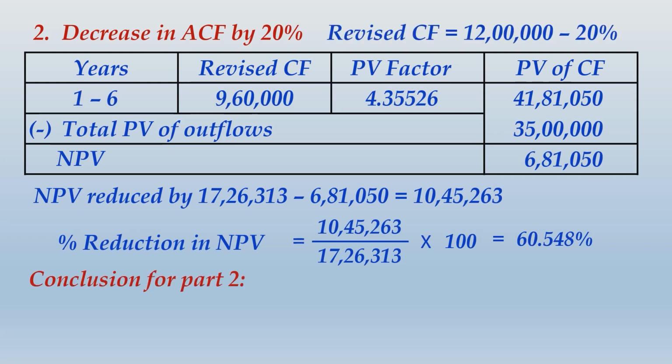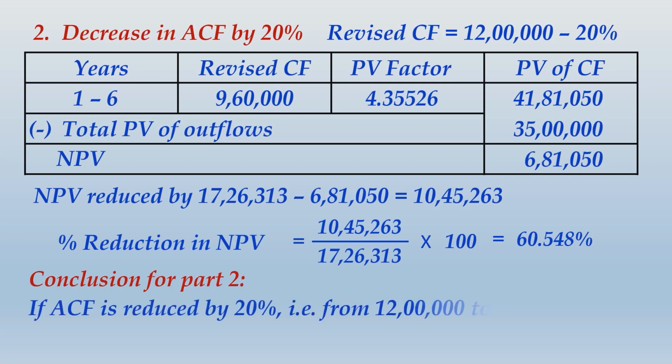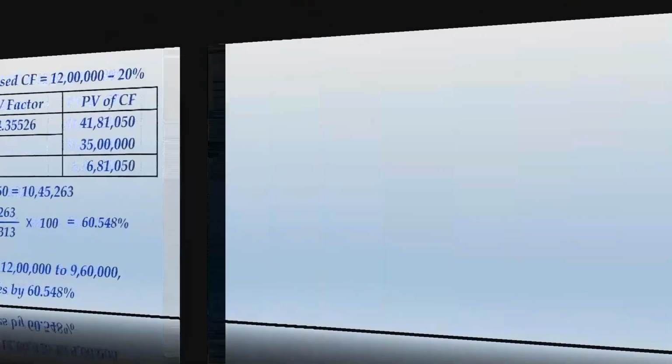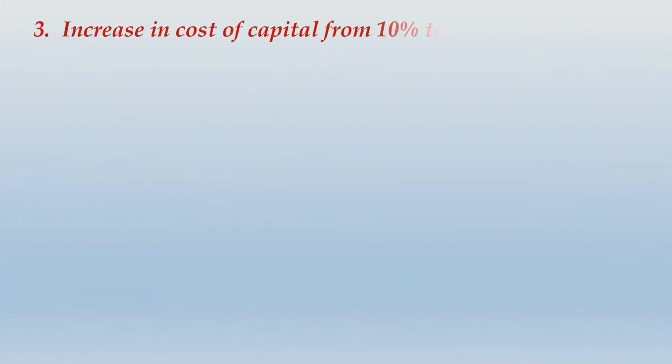And the conclusion for this part would be, if annual cash flows are reduced by 20%, that is from 12 lakhs to 9,60,000, other things remaining the same, NPV reduces by 60.548%. Let us move ahead and deal with the next part, that is